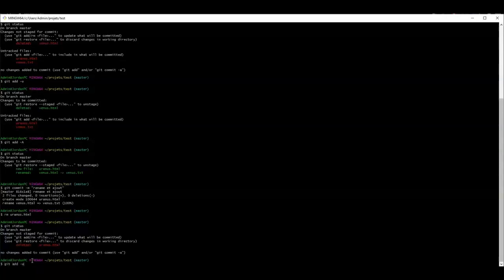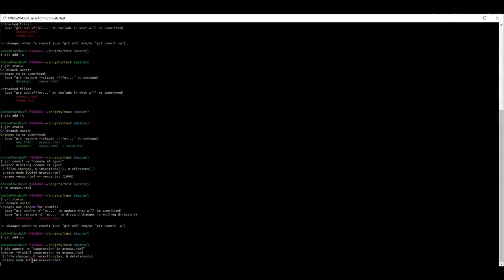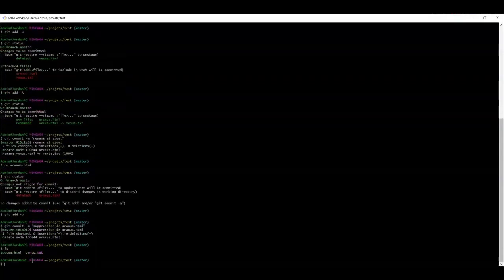Now let's do a git status command. It says that the file has been deleted. Now we type git add -u. It will take in account the deletion and put it in the staging area. Now let's make a commit by typing commit -m and the message that is delete uranus.html. Now this file has